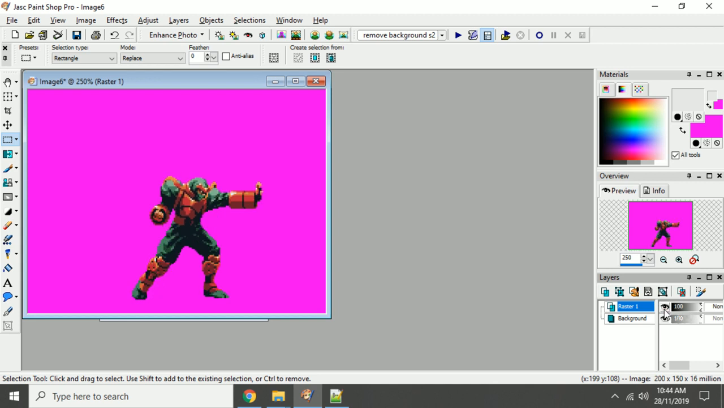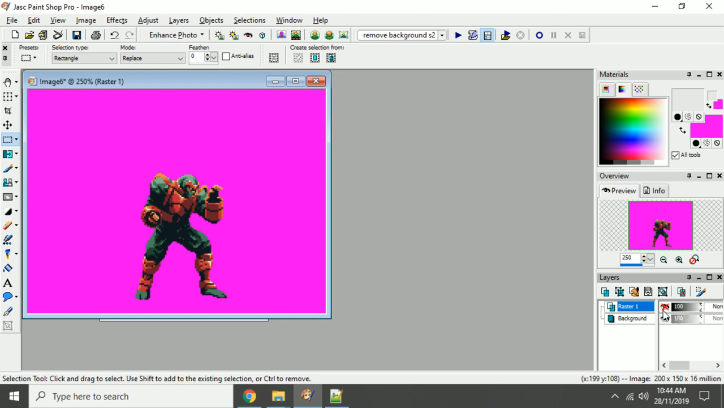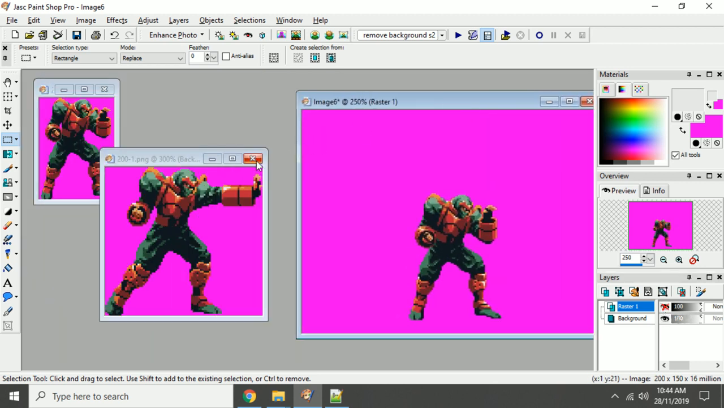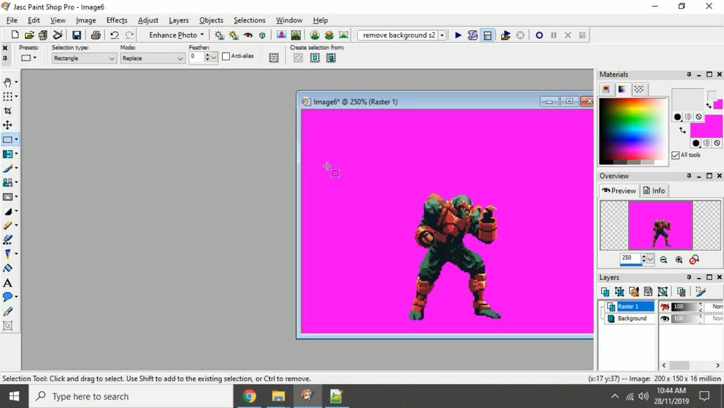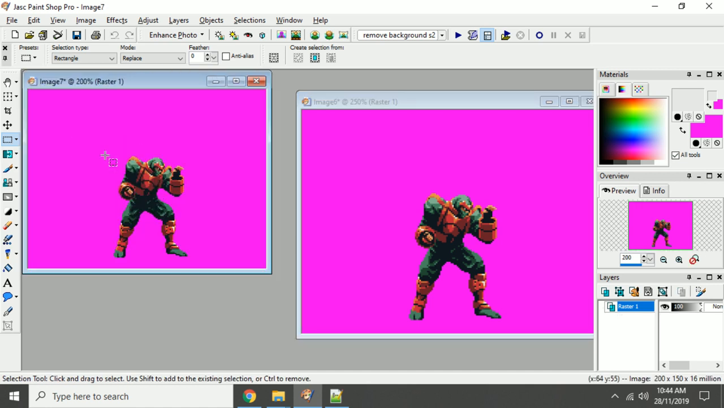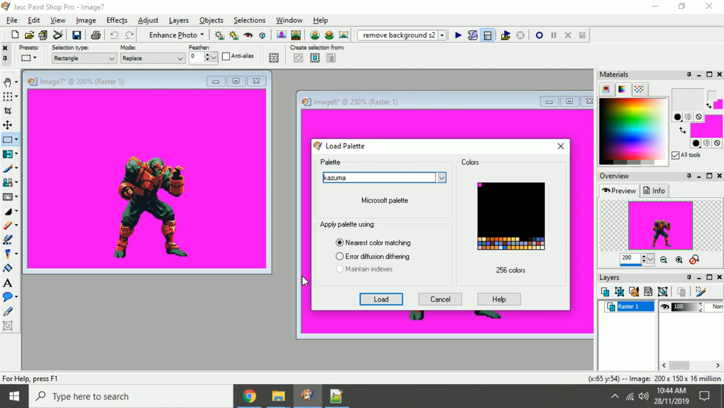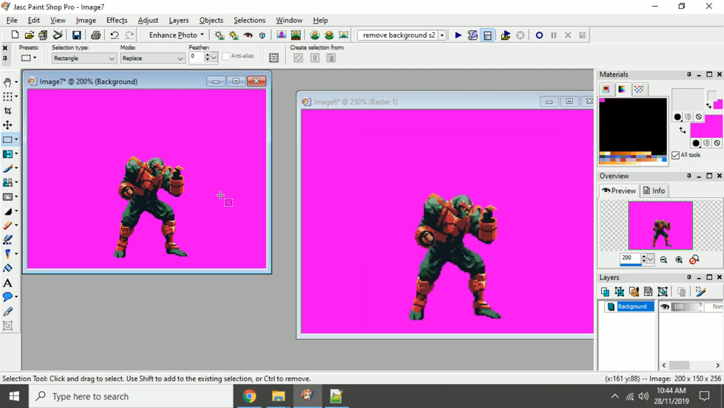It doesn't look that bad. Yeah, no, it's okay. I'm happy with that. So let's just get rid of these. We've already got the offset. We're going to use the same offset as the idle animation. So this is the first frame. Let's get the right palette on there, the Kazuma palette, and let's save that